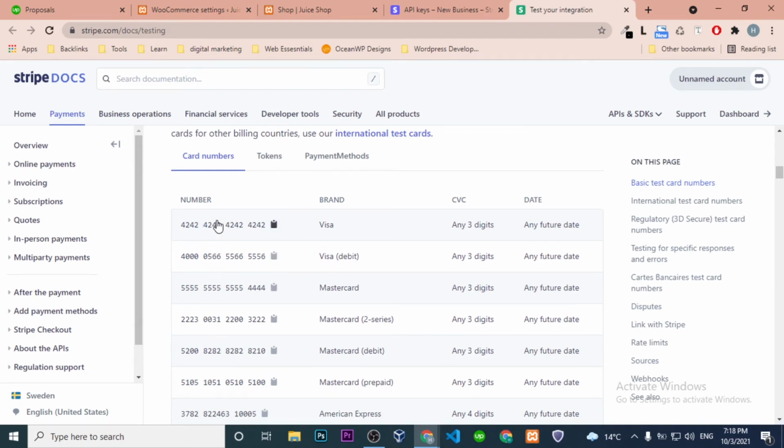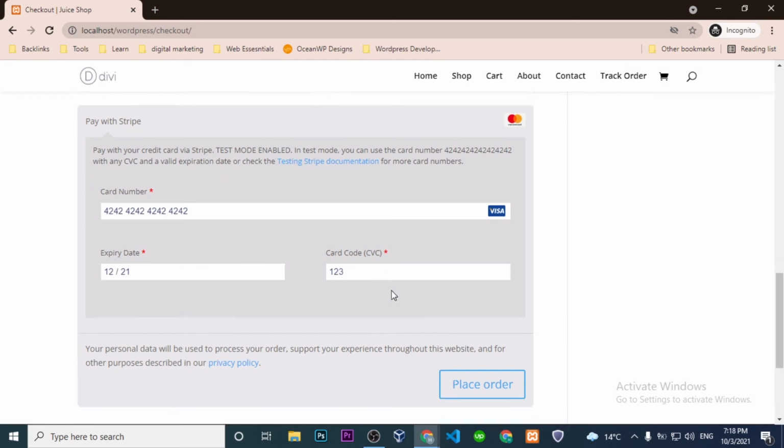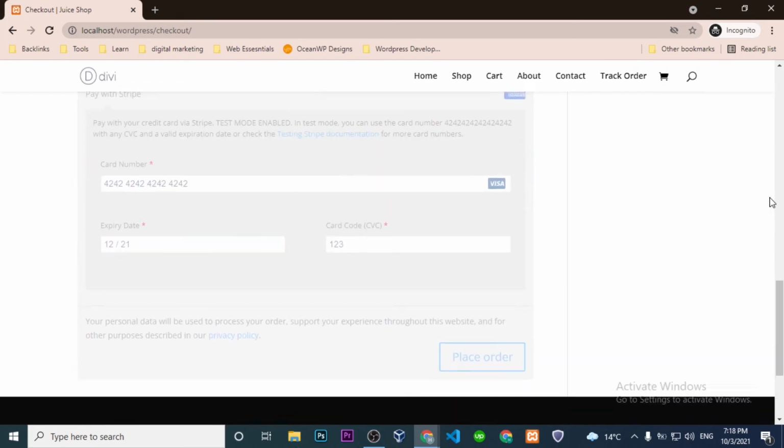Just copy to clipboard, and write any 3 digits for CVC and any future date for expiry. So just paste, any future date for expiry, and any 3 digit CVC number. Now place order.